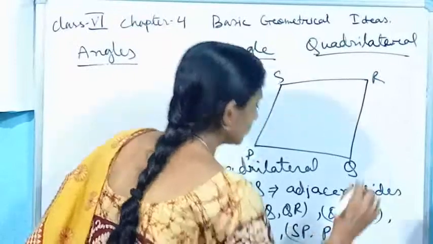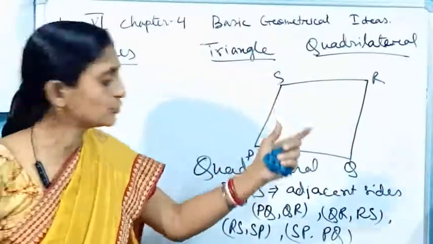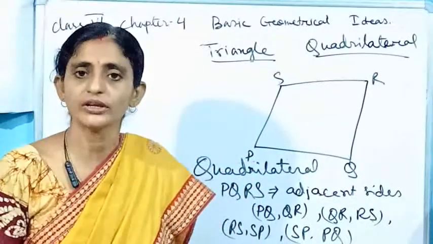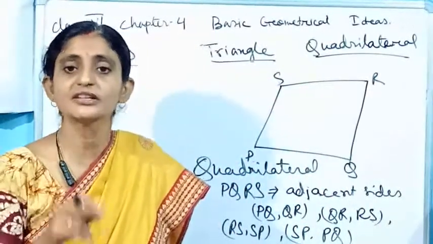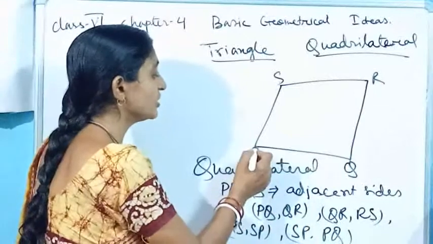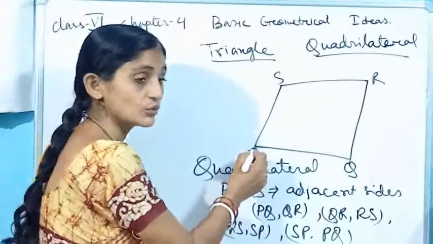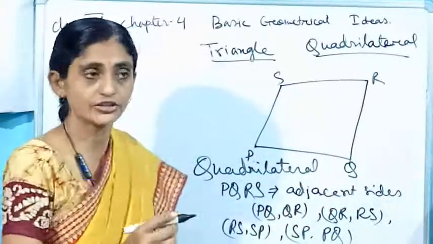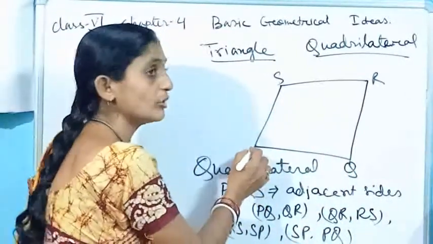Let me tell you one thing. Here I am talking about adjacent sides. Why do I call them adjacent? See, one thing is in common, that is the vertex we are taking here, and these two sides extend in different directions. So one common point must be there.